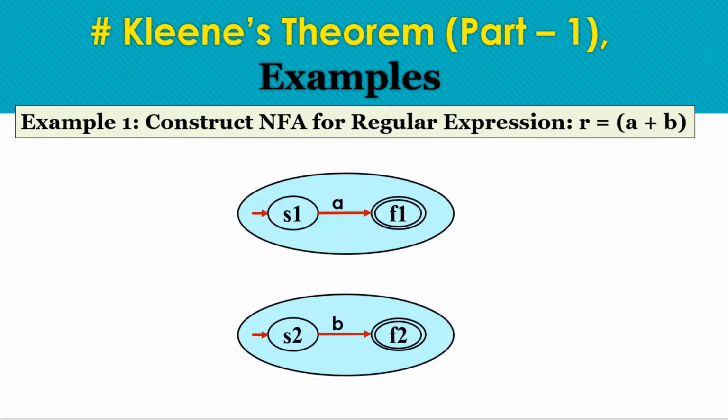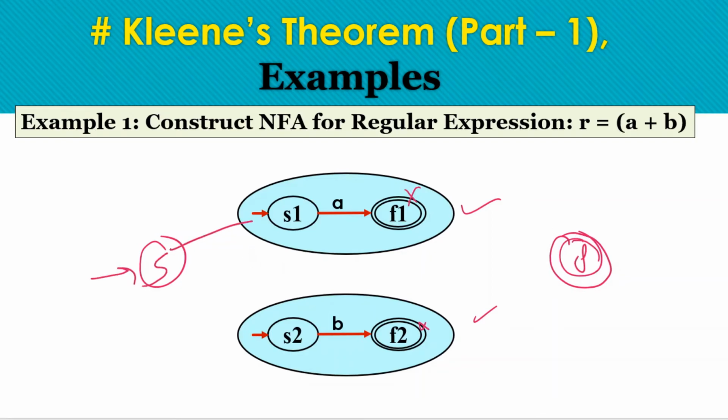Now construct the NFA. These are the machines. Now we have to perform union, and as the rule says, we are just adding two extra states. Now this state is no more the final state. Now we are adding one more final state and one new initial state, and just combining them with the null move, and we have the complete machine for this union operation.